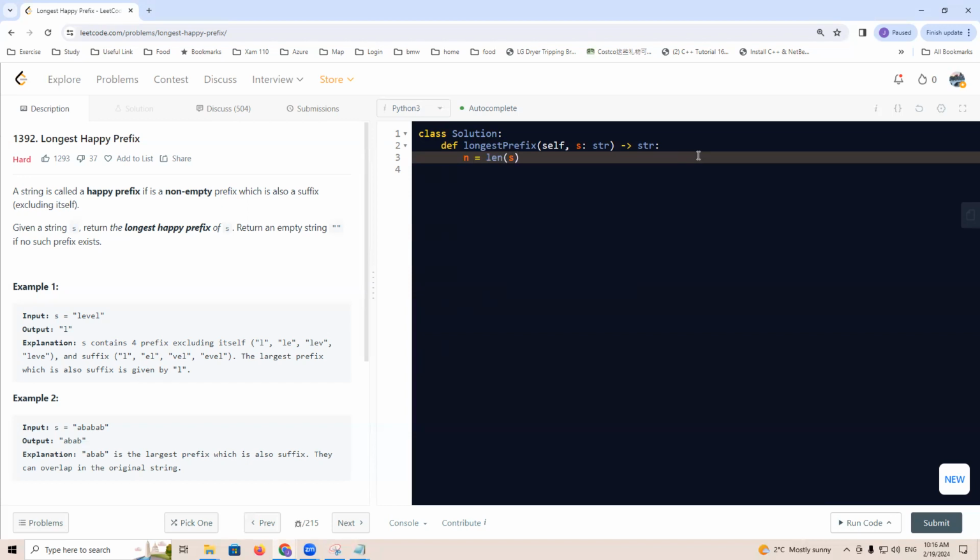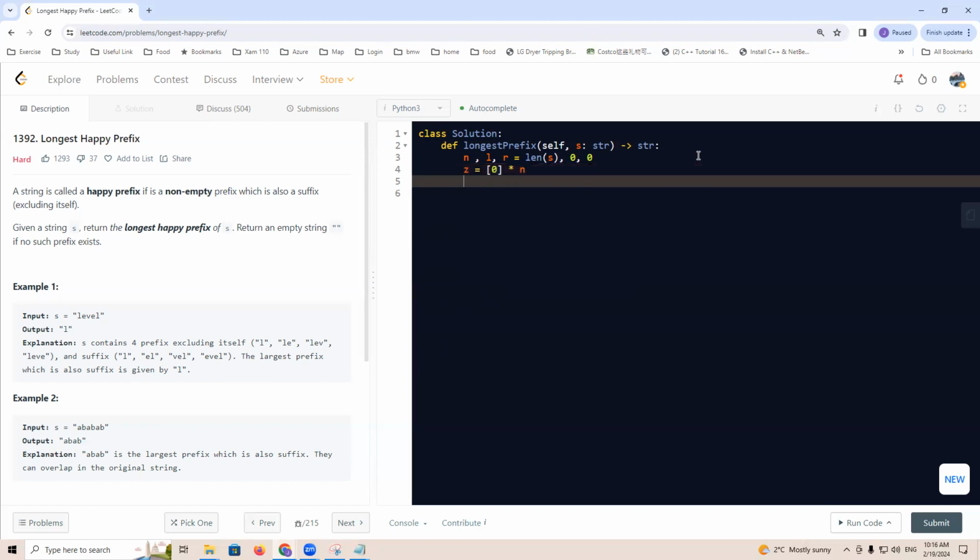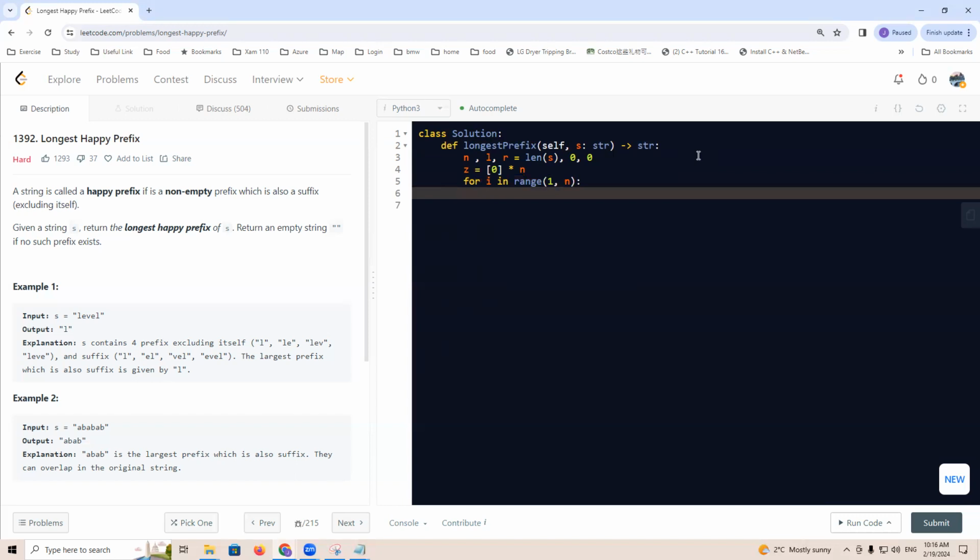We'll have left, right equals 0, 0. And we compose a Z array equals 0 multiplied by n. So what we do is for i in range 1 to n, Zi equals max, it should be greater than or equal to 0,